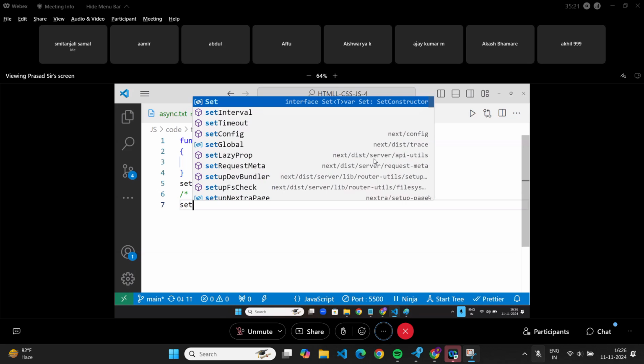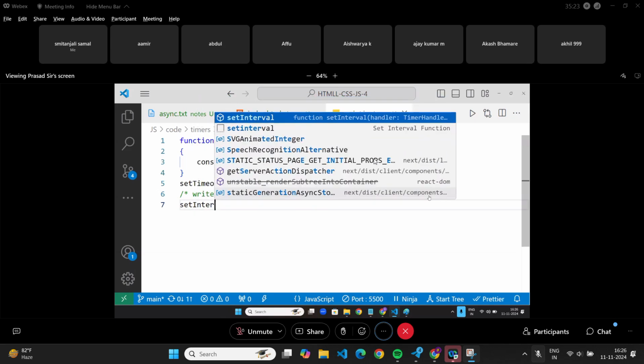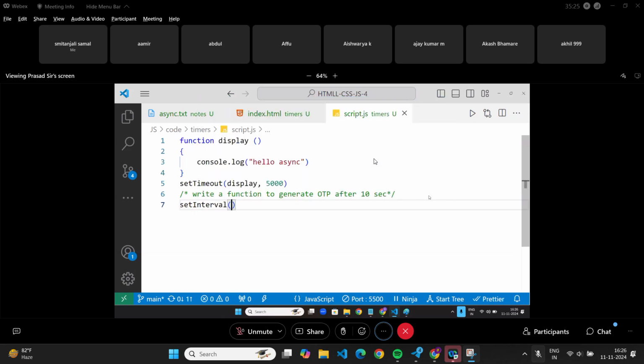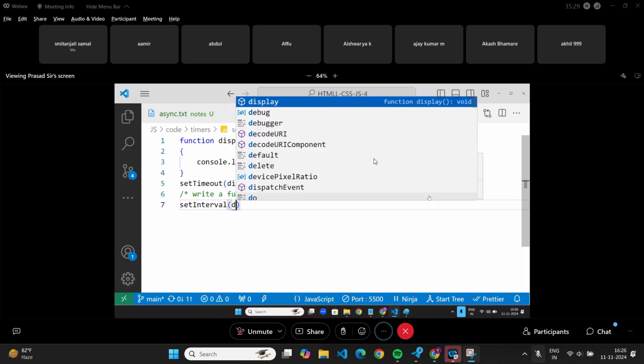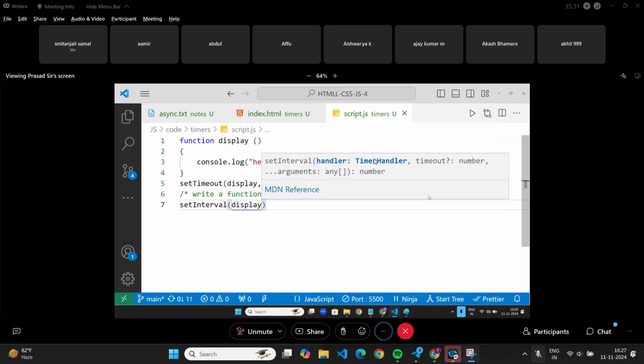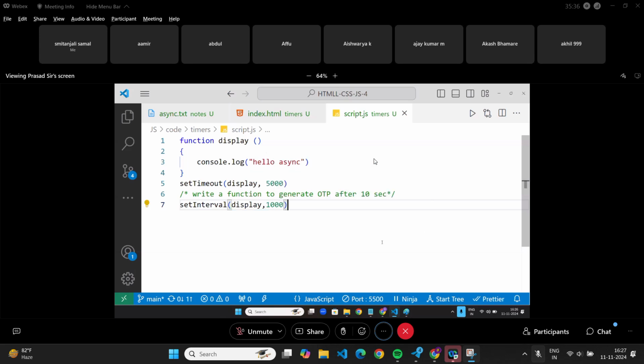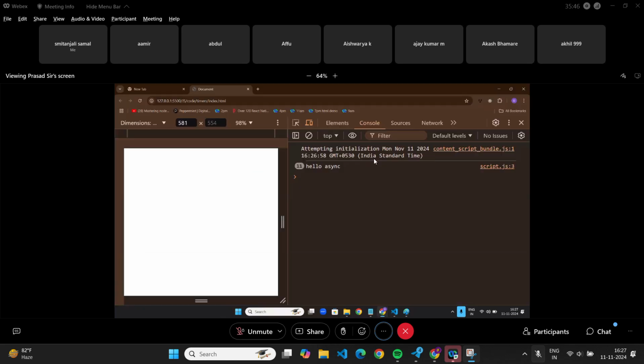Instead of set timeout, use set interval, call the function display, comma, 1000. What will happen? For every 1 second, this function will be called again and again. Can you see it? It's calling it multiple times and printing it.